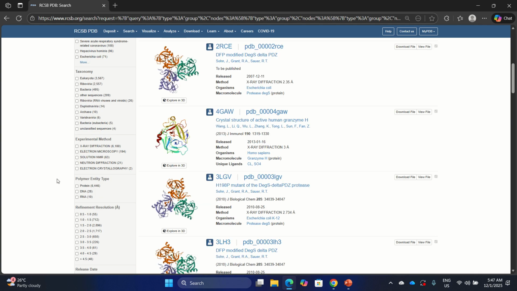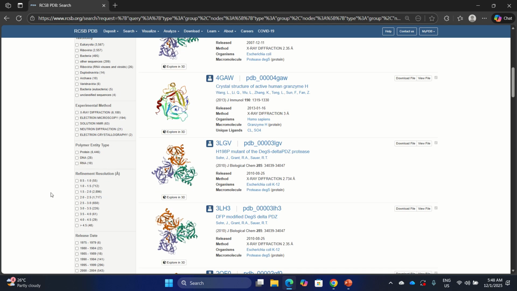And we have the polymer entity type. We have 6,446 proteins, 28 DNA, and 10 RNA. The resolutions are also summarized here. For 0.5 to 1.0 angstrom, we have 55 structures of that resolution.